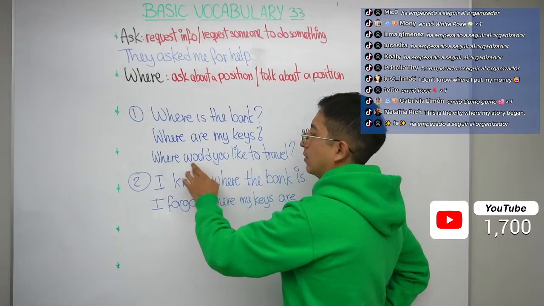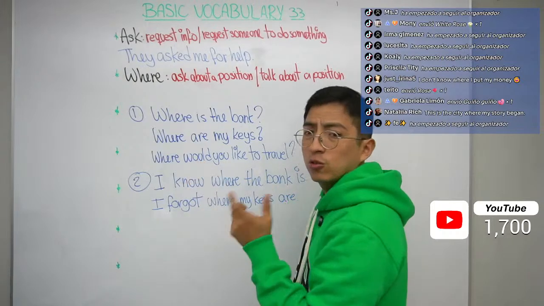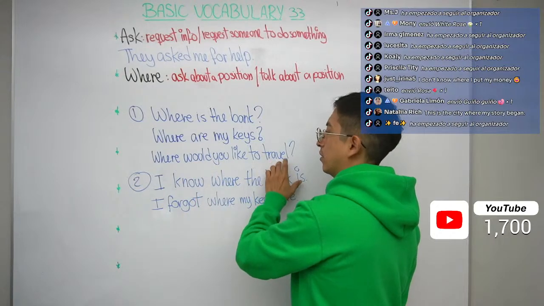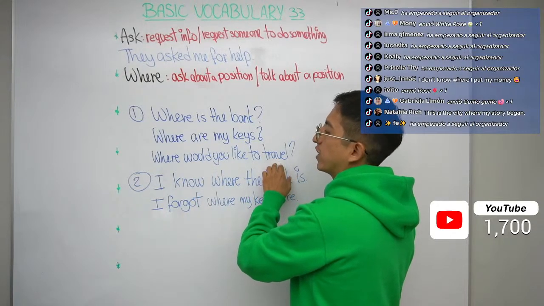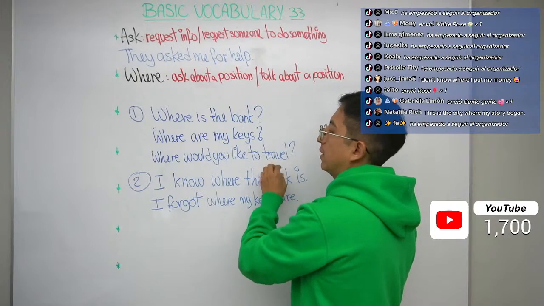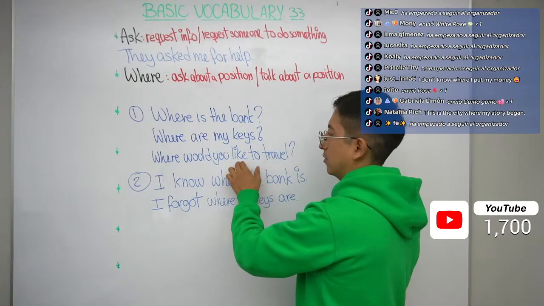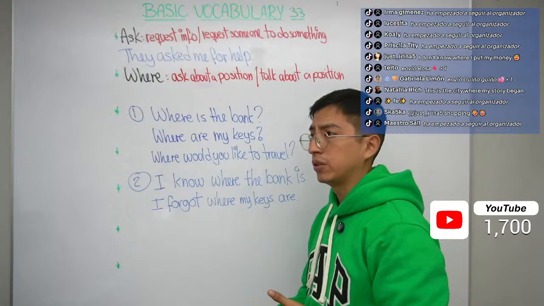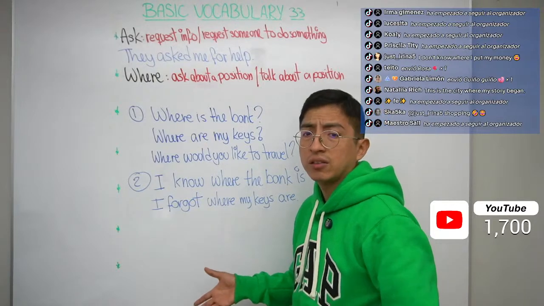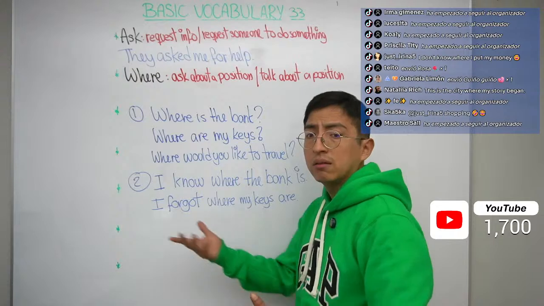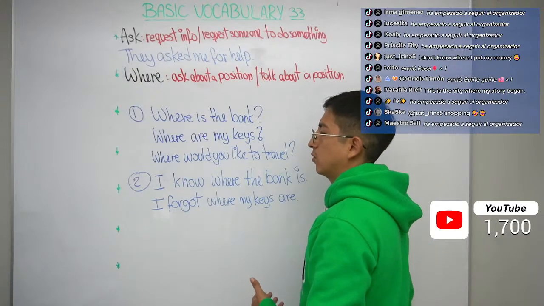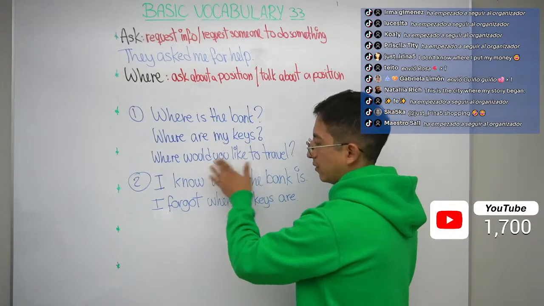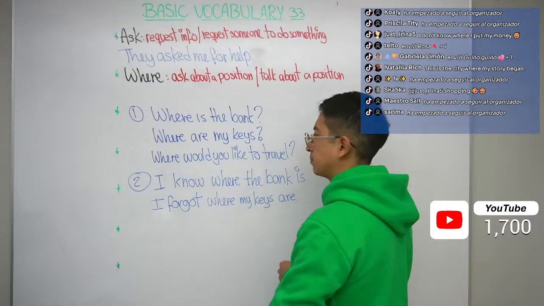Where would you like to travel? Aquí es would, ¿no? Would tiene varios usos, ¿ya? En español no tiene ningún significado. Tienes que juntarlo con el verbo. ¿Dónde te gustaría? Perdón, like, con like, ¿no? ¿Dónde te gustaría viajar? Así que es una pregunta de opinión. Where would you like to study? ¿Dónde te gustaría estudiar? ¿A dónde te gustaría postular? ¿O qué trabajo te gustaría tener? Pero recuerden, would en este caso se utiliza para opinión.